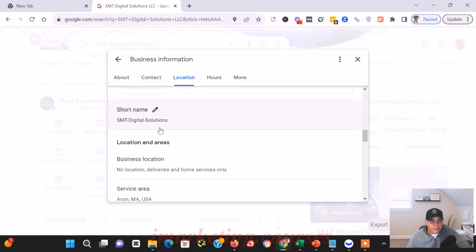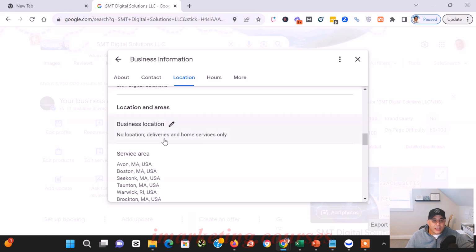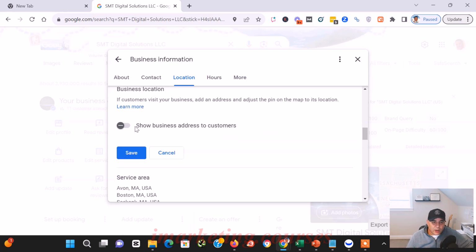So short name, you can also, again, fill out all the fields here, listing your short name for your business. Location and service areas. Because we don't have a location that customers visit, let me just show you what that means. This is where you would show your address. So be careful with this as well. If you haven't verified your address with Google,